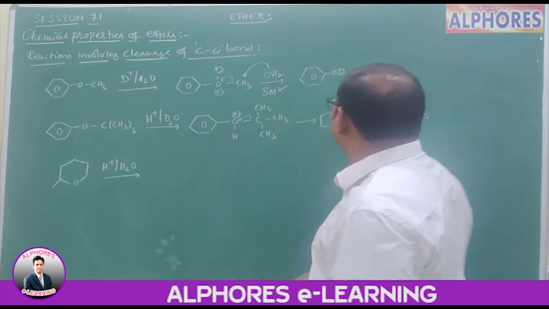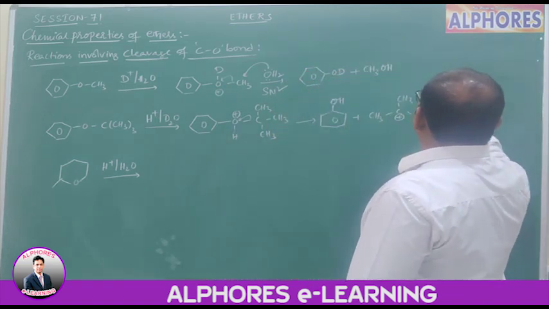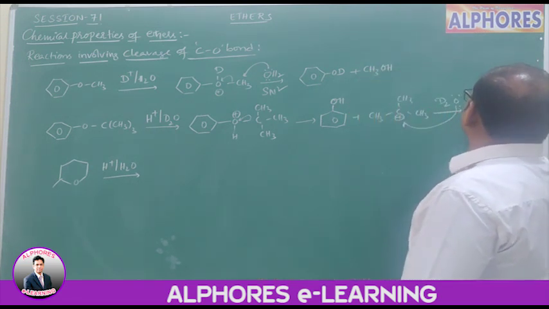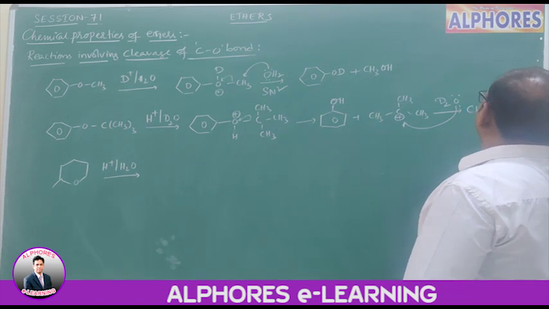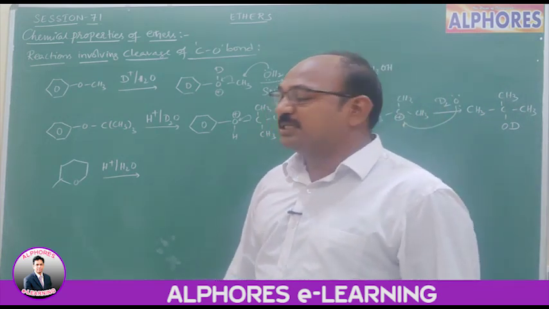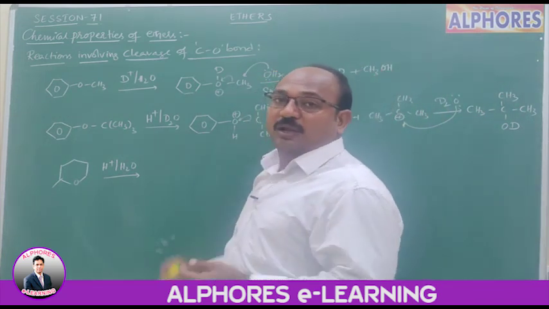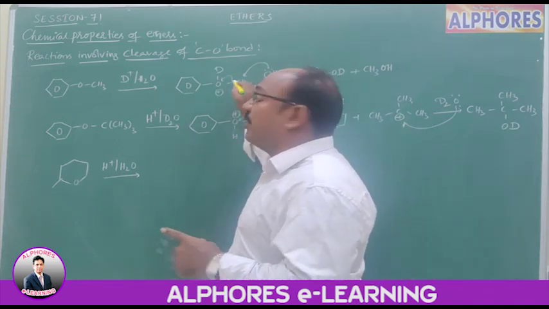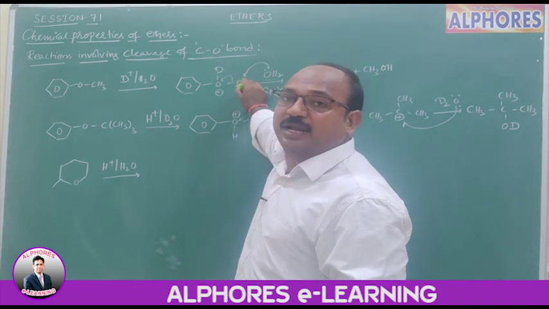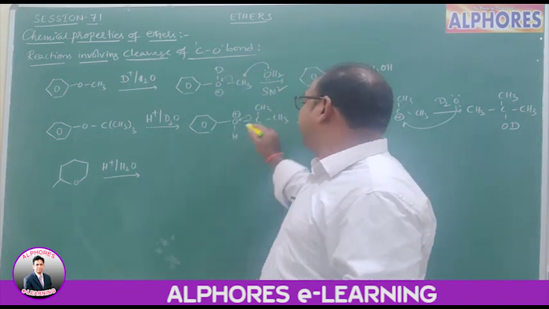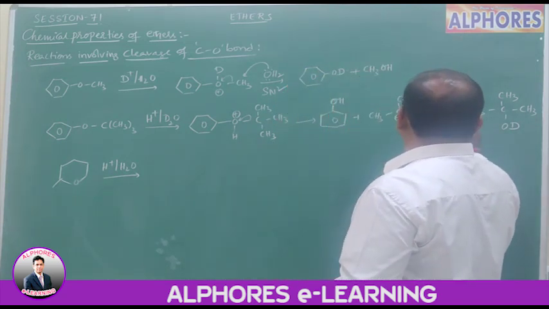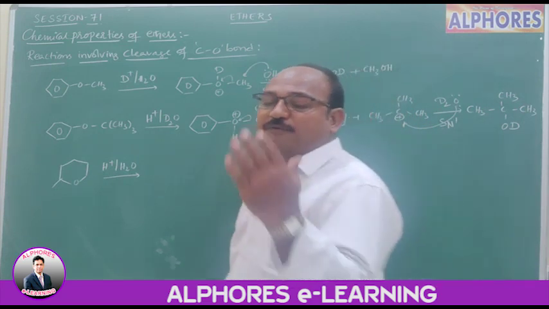In such a case, which bond is going to break? Here this CO bond, because this carbon is tertiary carbon and tertiary carbocation can be stabilized. That's why this OC bond breaking takes place. Then we are getting phenol OH and tertiary butyl carbocation CH3, CH3, CH3 plus. And further we are using D2O, not H2O. Then D2O molecule oxygen containing one pair attacks upon this carbon, tertiary carbon, resultant we are getting CH3 taken twice